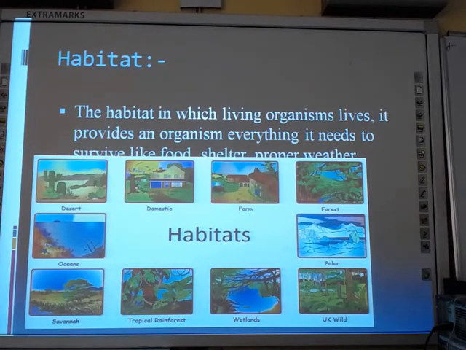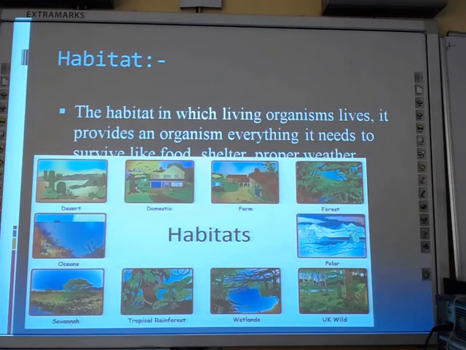And you can see in the picture there are different kinds of habitats like desert, domestic including our home and farmhouses, forest, polar region, wetlands, tropical rainforest, and oceans. All these are different kinds of habitats where living organisms live.